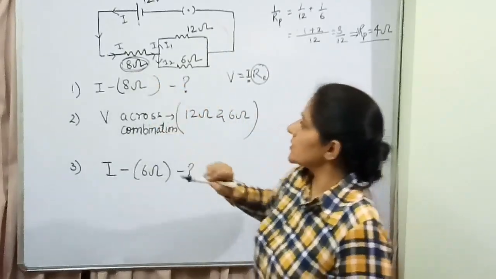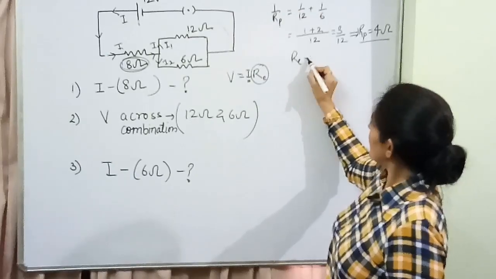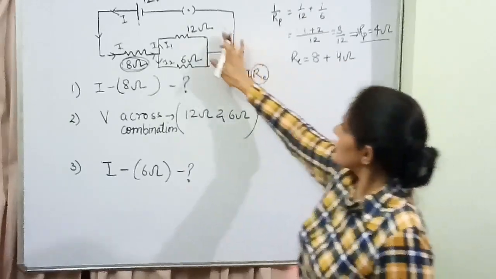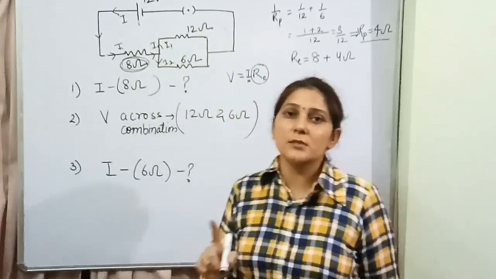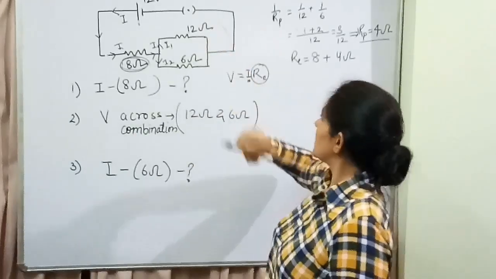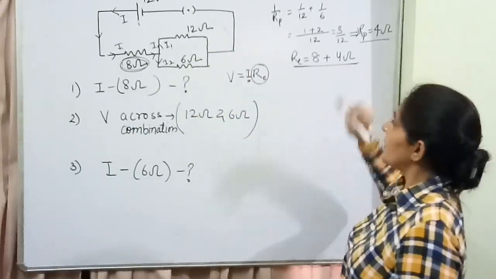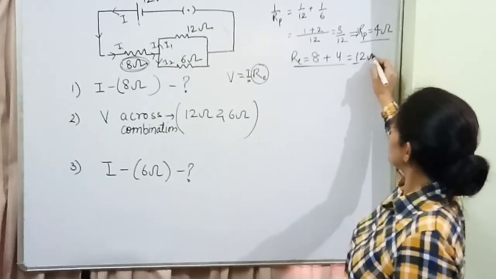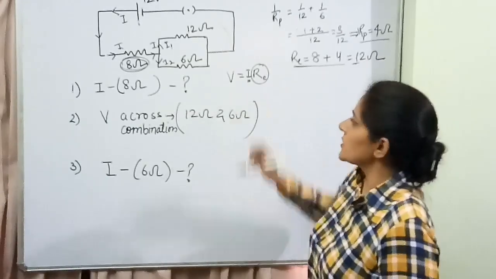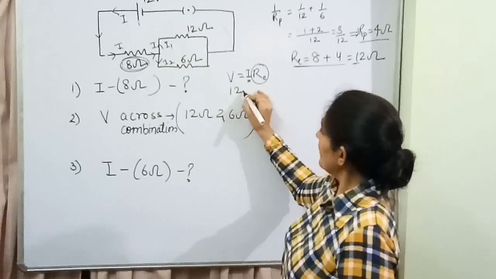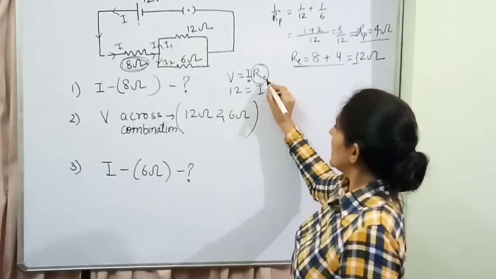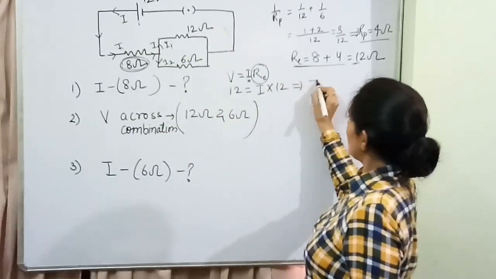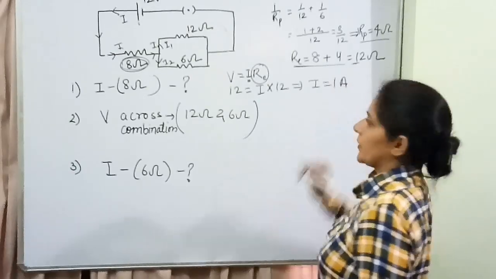And what is connected in series with this? That is 8 ohm. So the total equivalent resistance is 8 plus 4 ohm, because instead of these two, we can draw one resistance of 4 ohm that is equal to these two. So the equivalent resistance for the circuit will be 8 plus 4, that will be 12. Okay, now substitute this value in this formula. V given to us is 12. The value of I we need to find out. The equivalent resistance for this complete circuit we calculated as 12 ohm. That means the value of I is equal to 1 ampere.